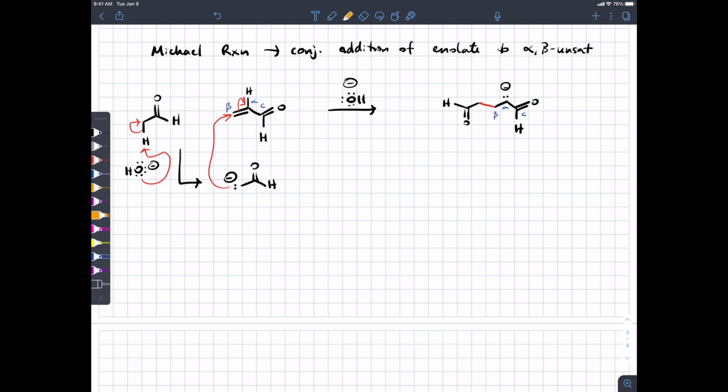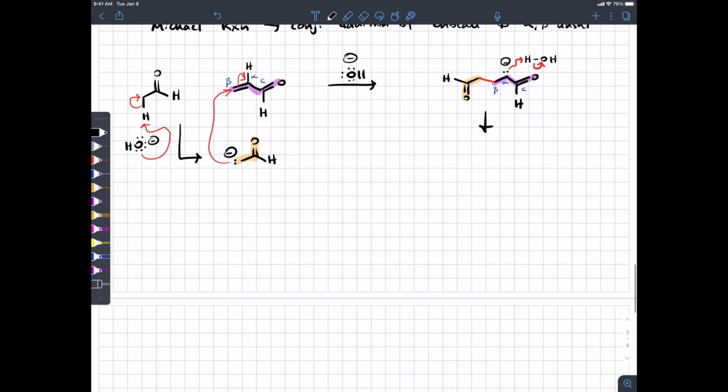So above in the Aldol reaction, we used orange for the nucleophile and purple for the electrophile. So here is the portion that comes from my nucleophile. Here's the portion that comes from my electrophile. At this stage, we can show the molecule getting protonated on the alpha carbon to give you the product, which is the following